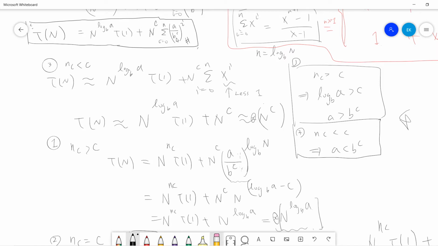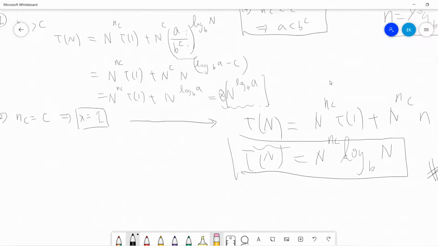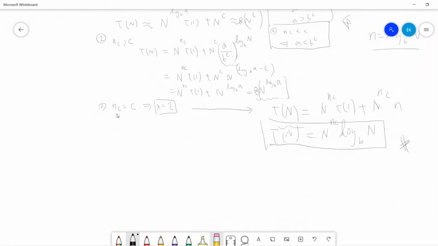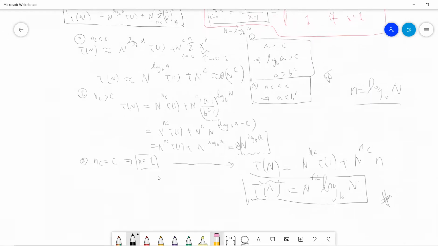If you follow, the key idea for the third case is that a divided by b to the c, to the power i, this geometric series ratio, will be less than 1, so this term will be constant. So we get theta of N to the c. Okay, so now the final case is that when the two are equal, it means x is 1, right? So for this,